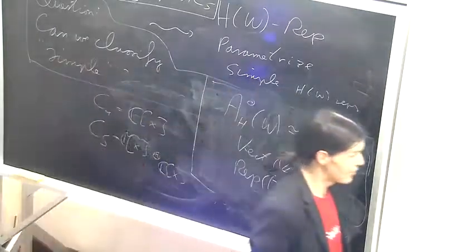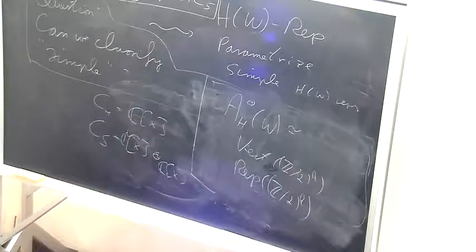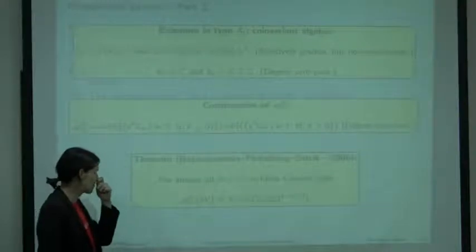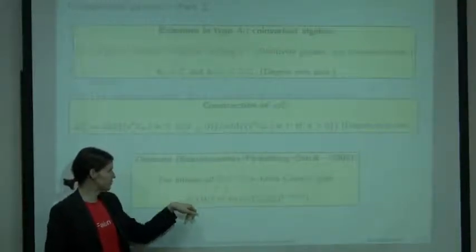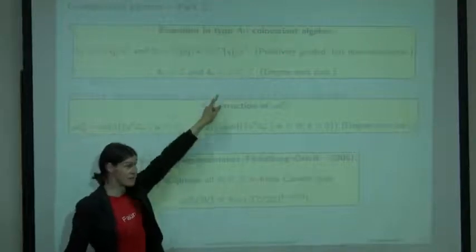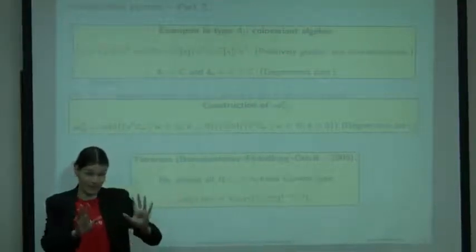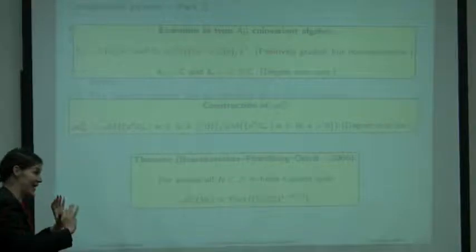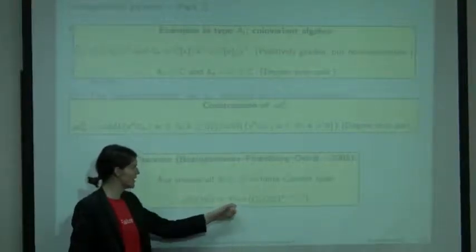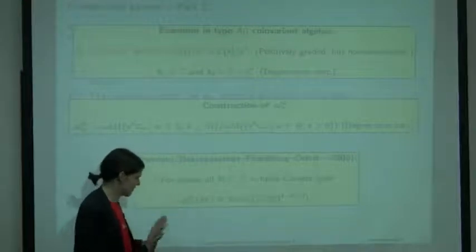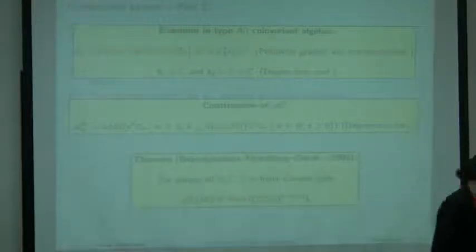In type A, let me mention again, k will be 1. So, k will be 0, so this power will be 0. So in type A1, this one will always be Vect, the vector spaces. This is probably, if you don't understand anything like me about two representation theory, you're kind of inclined to believe that Vect should be easy. Right? Should have a very easy two representation theory. Okay, so